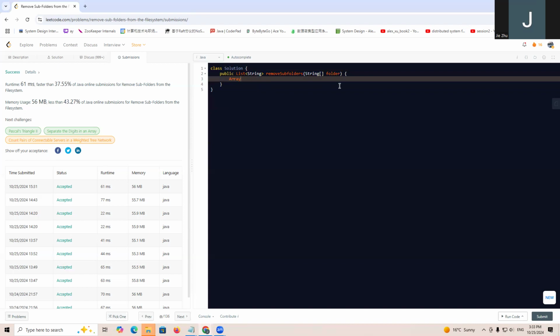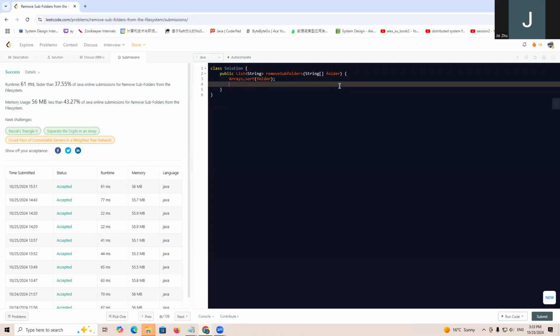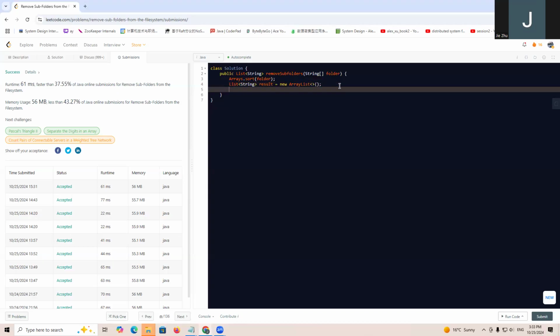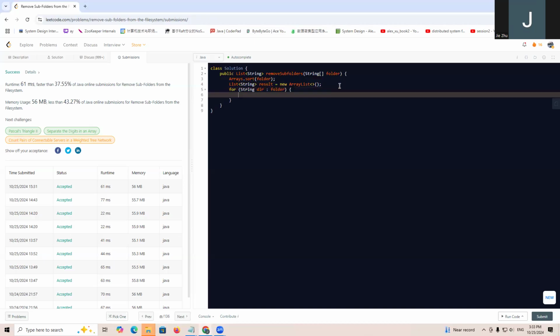Let's still sort the folders, and we're going to have a string result equals new ArrayList. For every string in folder, if the result is empty, or after the sort, the previous one, the last one,